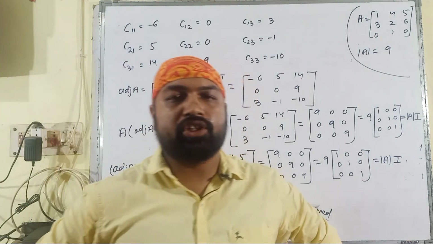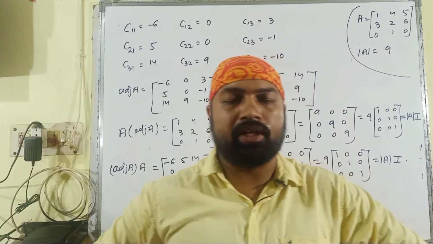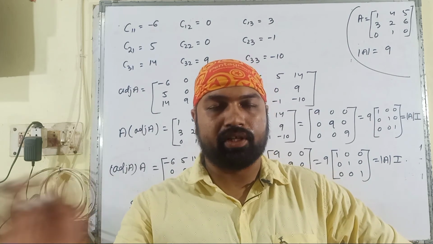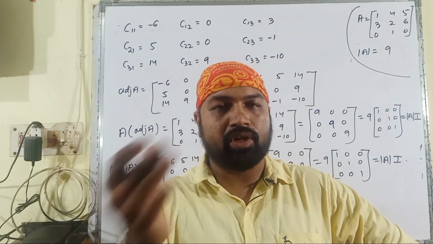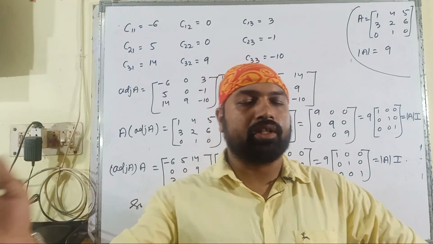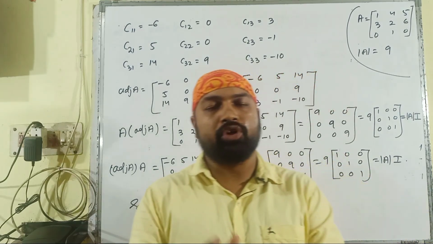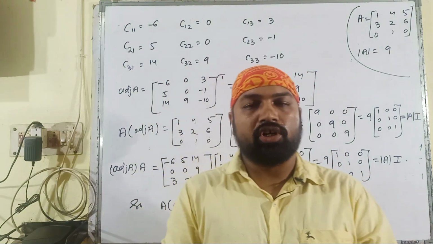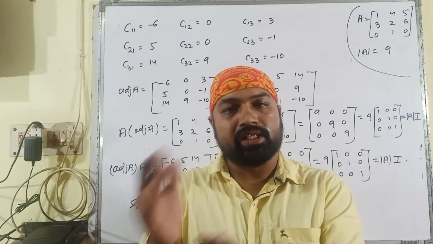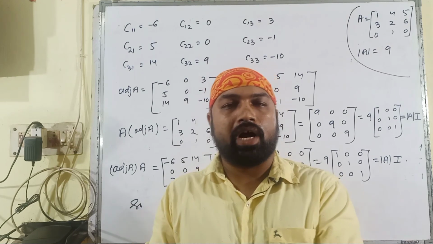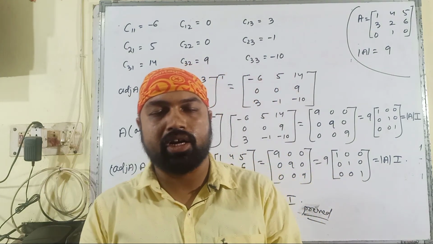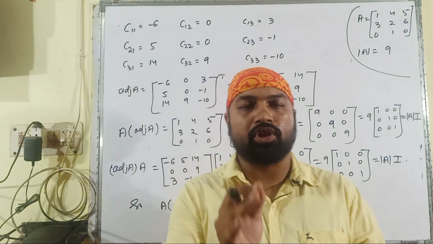In this video session, we have discussed the adjoint of a square matrix, which is of two types: adjoint of a square matrix of order 2 as well as of order 3. We have discussed each problem based upon the adjoint of a square matrix of order 2 as well as order 3. Later we discussed the theorem, where we prove that the multiplication of a square matrix A with its adjoint, or the adjoint of A with the given matrix A, gives the same result, determinant of A multiplied with an identity matrix of the same order as the given matrix A.